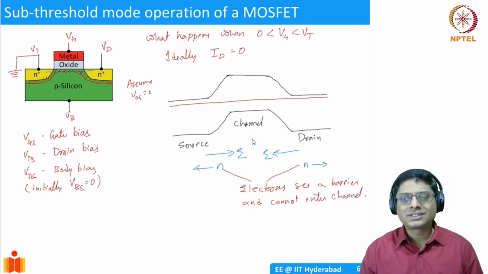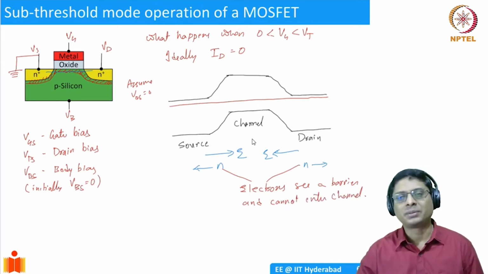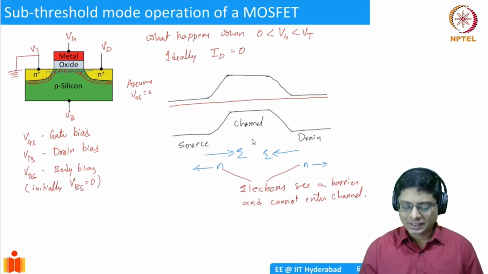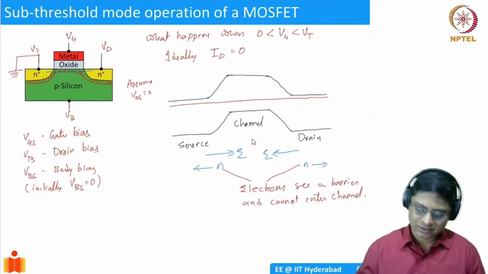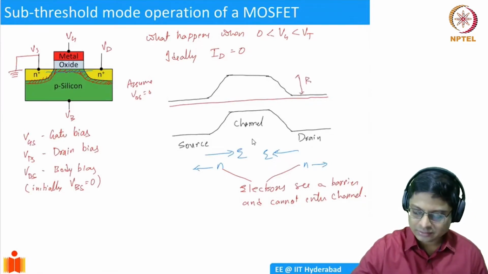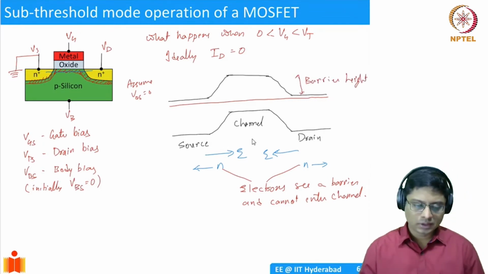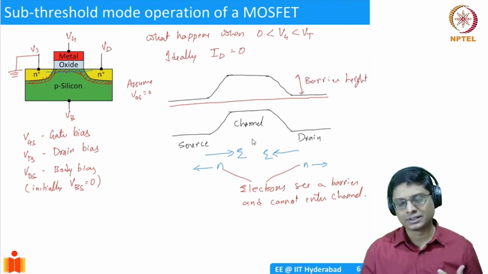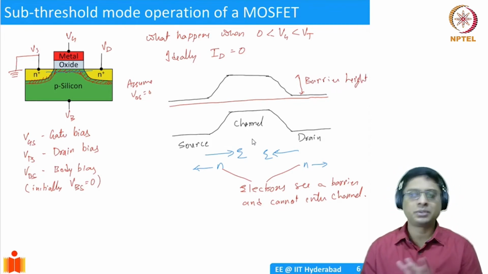Okay. But still, we always know that there's going to be some tunneling across the barrier. There's going to be some tunneling. And so mainly what happens is the current that can flow is dependent on the barrier height. So this is my barrier height. Okay. So what we are saying is in an ideal MOSFET, if your gate voltage is below the threshold voltage,